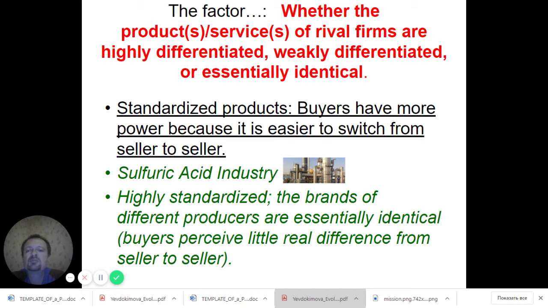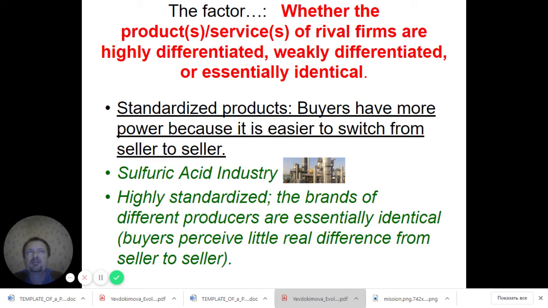For example, if speaking about our industry, which was taken as an example, the market of sulfuric acid, this market has identical product because it is a chemical formula, and the only things which could vary is